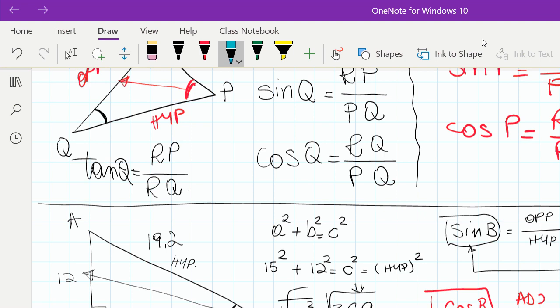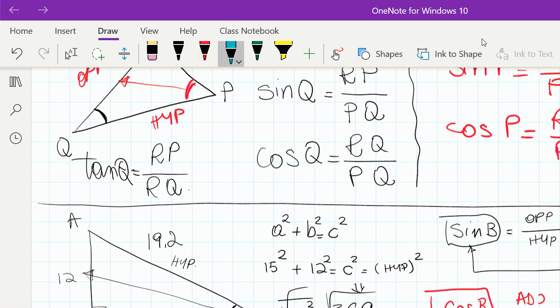In your calculator, you can reach it with second function cosine, and then you will see cosine to the power of -1. Then you enter the value of cosine, and you will have 38.6 degrees. Make sure that the mode of your calculator is on degrees, and then you will be able to see that angle B is